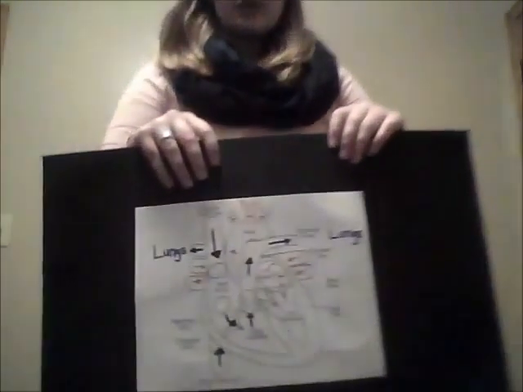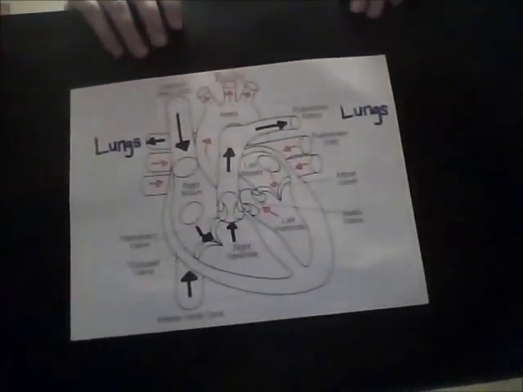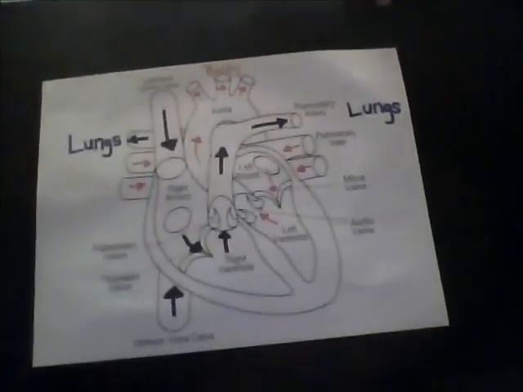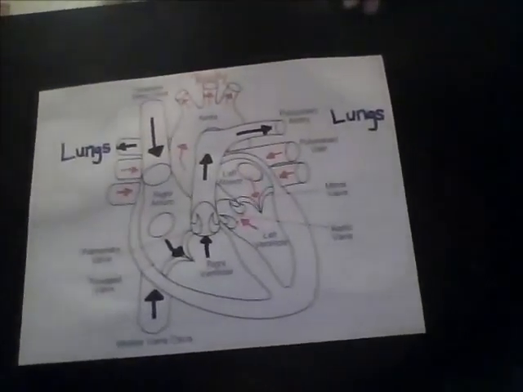From the body, it's going to go either to your upper body up to your brain, and then it's going to go down to your lower body, which is going to go out to your arms, your torso, and your legs. And then now we're going to look at the chart just so we can double check how it gets sent through. You can see the blood is coming through